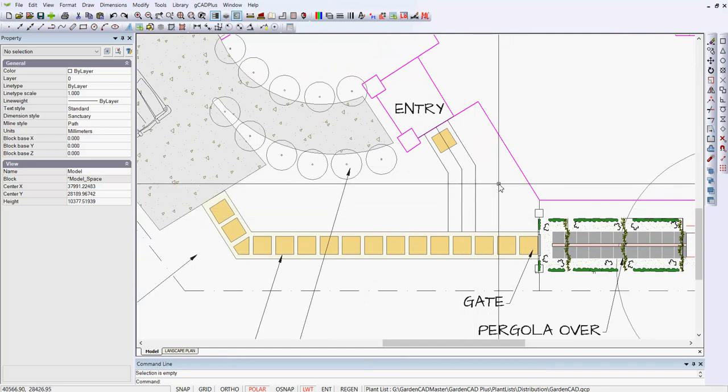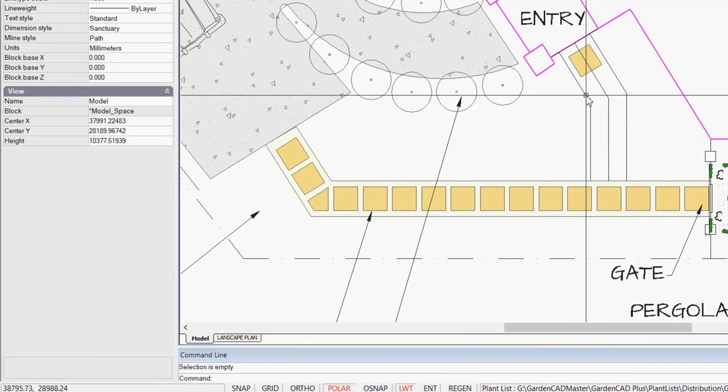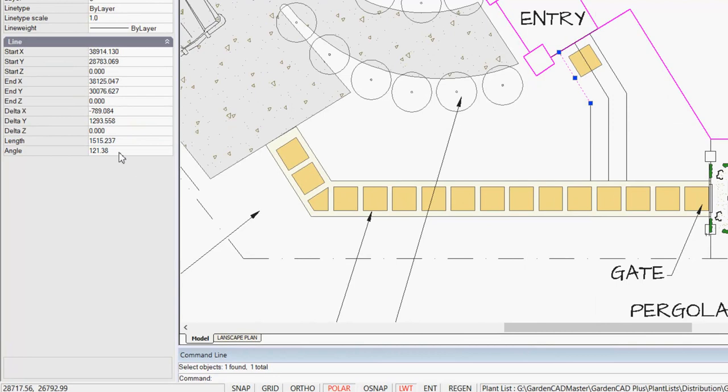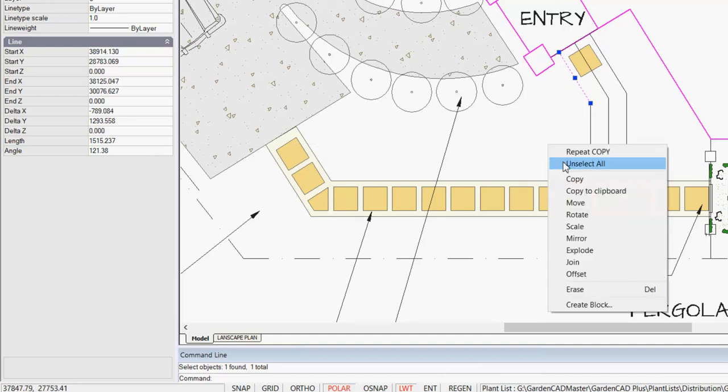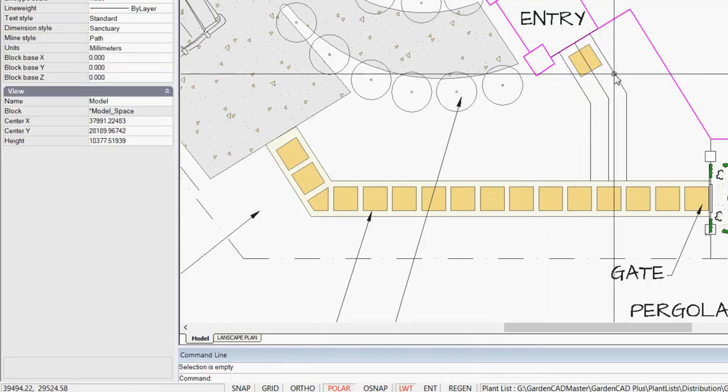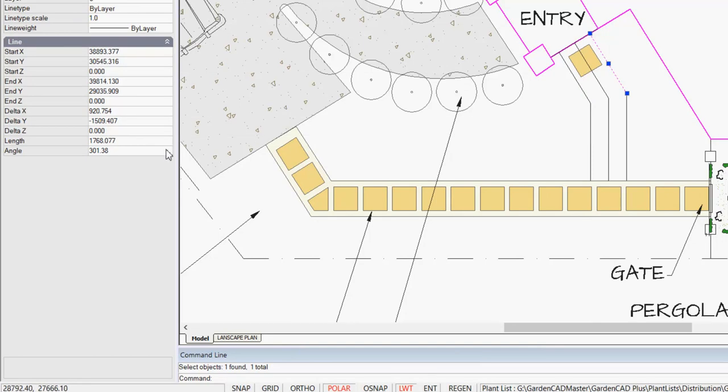This can be a little tricky, to get the spacing of the pavers right and to make them nice and regular. If we select this line here and have a look in the properties box, note that it has an angle of 121.38, and if we unselect all and measure or look at this line on the right hand side, an angle